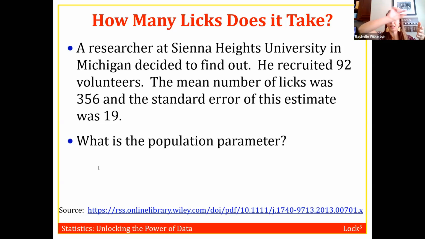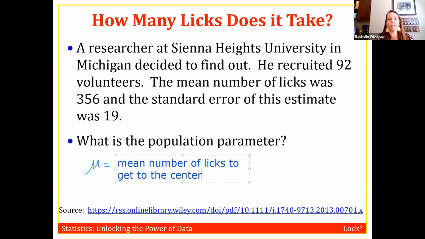So if I'm looking at my chart and I go over for one quantitative variable, then the population parameter is mu. So mu is going to be my population parameter. So see if I can draw that. And now I want to define what mu is in the context of this problem. Because mu is a mean, the first thing that follows the equal sign should be mean. Or you can write average if you like the word average better. So mean or average. And then what is it the mean of? Well, it's the mean number of licks. So I'm going to say mean number of licks to get to the center of a Tootsie Pop